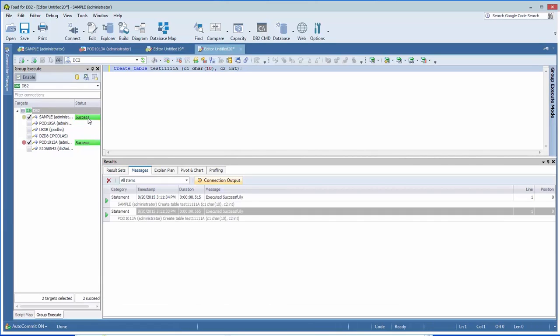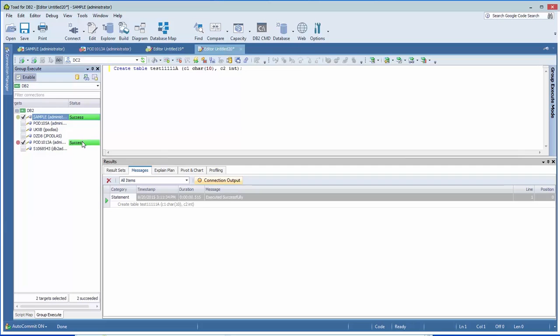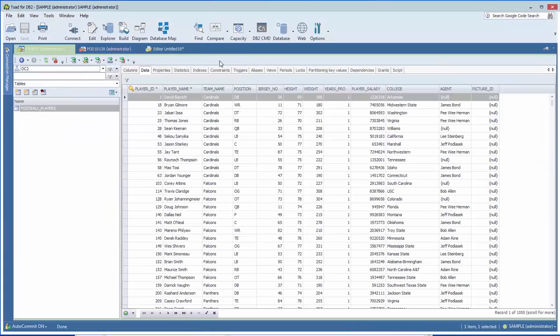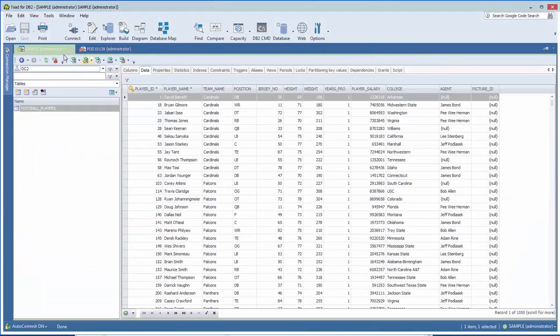And you can see that the table is actually successfully created in both databases, or if it was DB2 z/OS, in both subsystems. So that's another important way that you could leverage group execute, executing scripts across multiple databases, multiple subsystems. All right, I'm going to close some of these SQL editors down and then demonstrate another feature of Toad